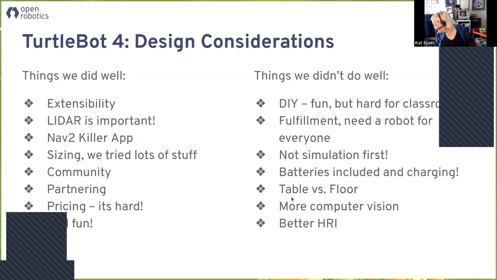Big thing is batteries. Include them, they need to be included in the base because that gets you all the power certification, and you should work with somebody who knows how to ship them. And then also a charging dock. It's great to be able to tell your robot to go charge itself. And then table versus floor, we decided floor, more computer vision